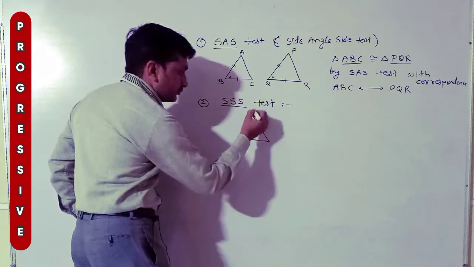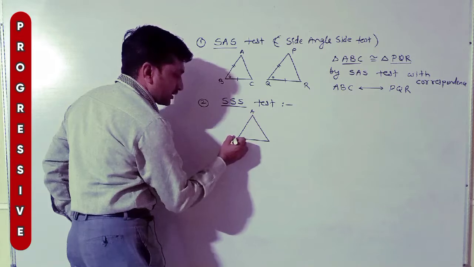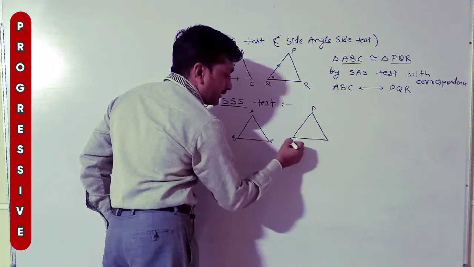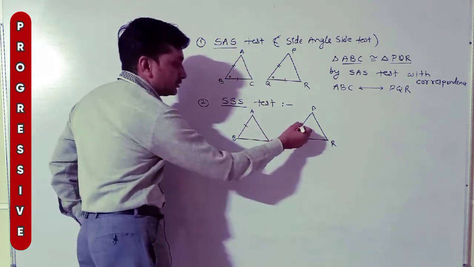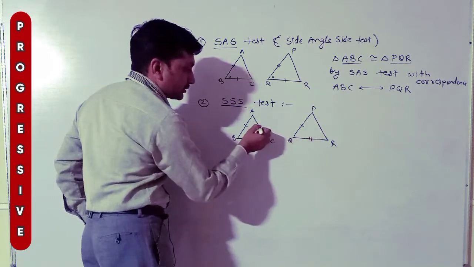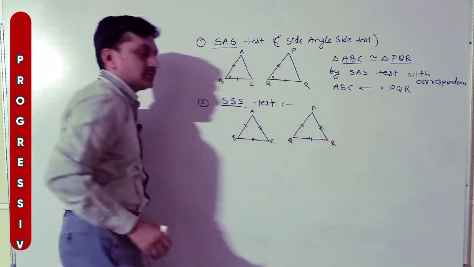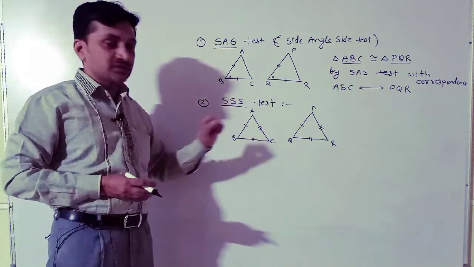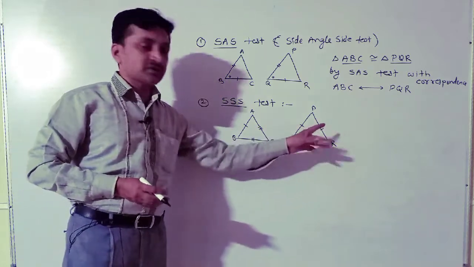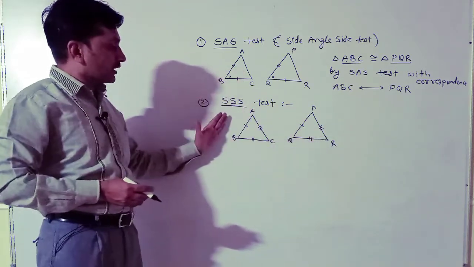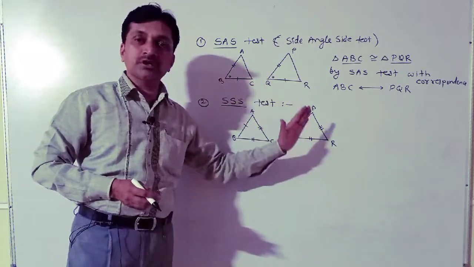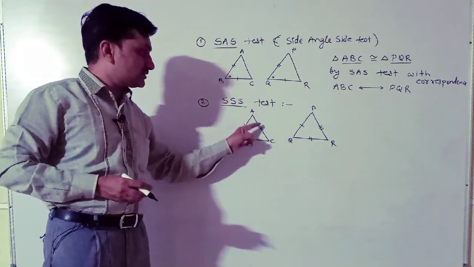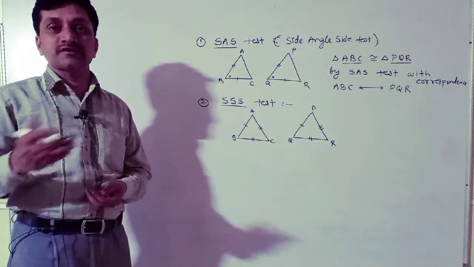How can we write this? Again I take the same triangle ABC and second triangle I take PQR. But now identical marks I change: AB with PQ, BC with QR, and AC with PR. Angle is not shown by identical mark. Now here identical mark of side you see, 1, 2, 3, three sides of one triangle, 1, 2, 3, three sides of other triangle. Three sides of one triangle are congruent with corresponding three sides of the other triangle, and therefore these two triangles are congruent by which test? SSS test. This is called SSS test.